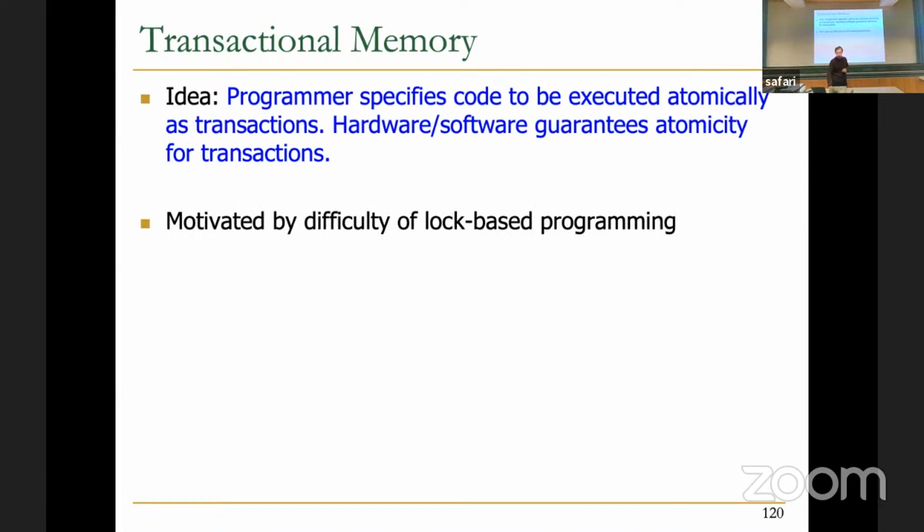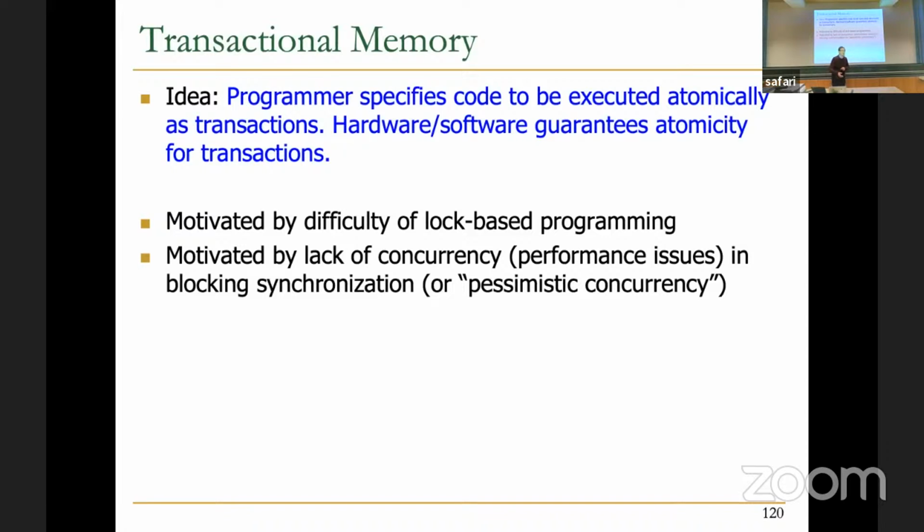This was motivated by the difficulty of lock-based programming and also by the lack of concurrency in blocking synchronization. Pessimistic concurrency is usually called blocking synchronization. Pessimistic means that you assume you don't have the permission, so you don't proceed. You're not speculative. You're waiting to get the permission, which means that by nature you're serializing things a lot, and that reduces concurrency in a system. But the question is, are you really waiting for something that's important? Transactional memory is motivated by the fact that in many cases,